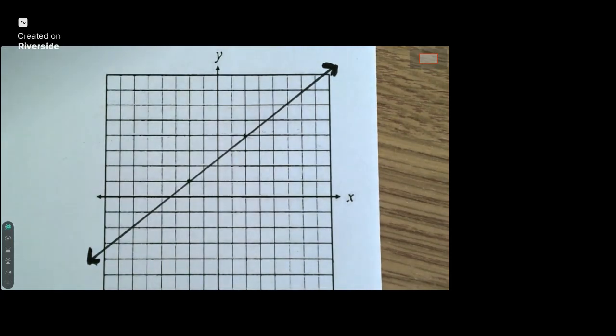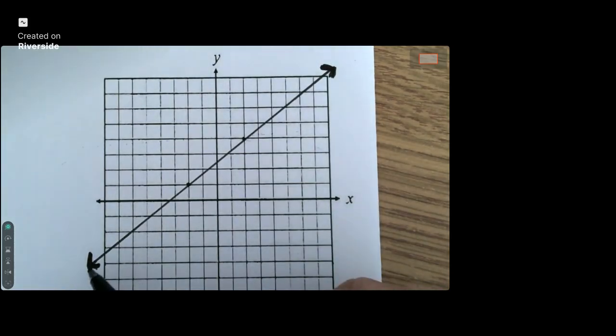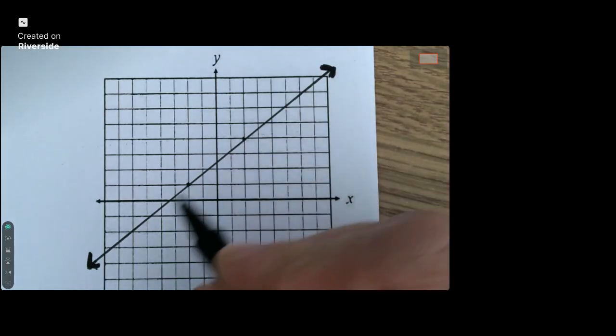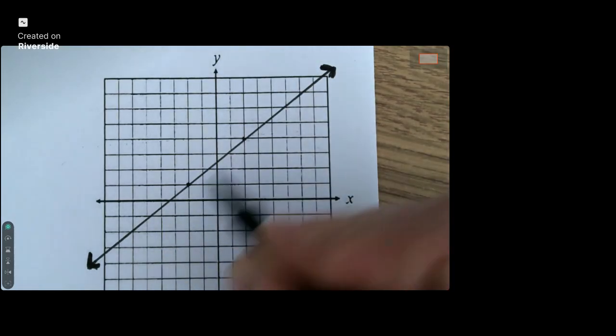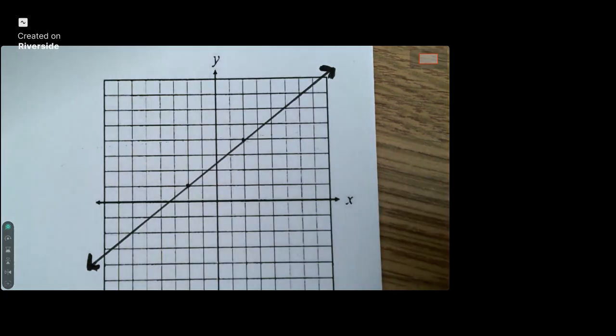So I already got a line drawn here. I don't really have any numbers put on our coordinate plane, which is okay. We'll just assume everything's a 1-to-1 ratio. We're going by ones. A lot of people struggle with finding the slope of a line when it's just given a line, right? There's no points really shown. So the best way I think to go about this is to scan down through your line,